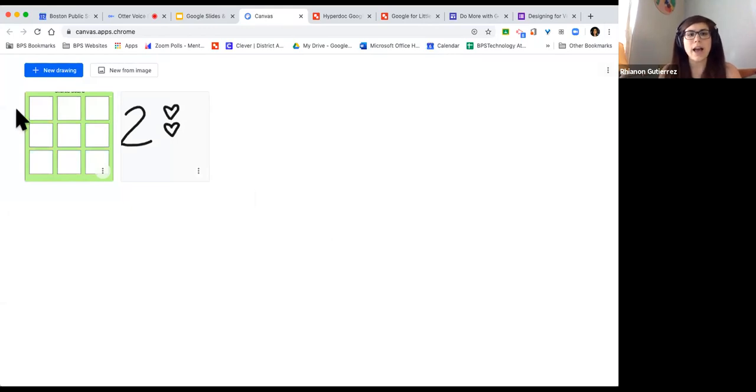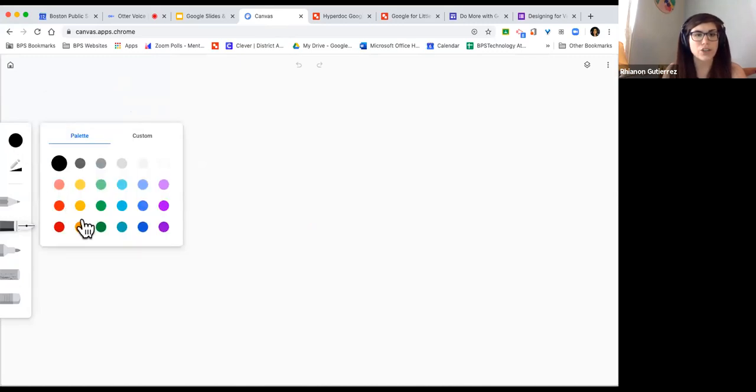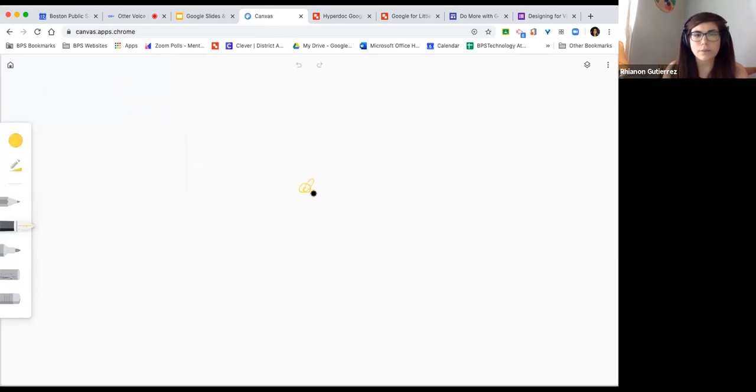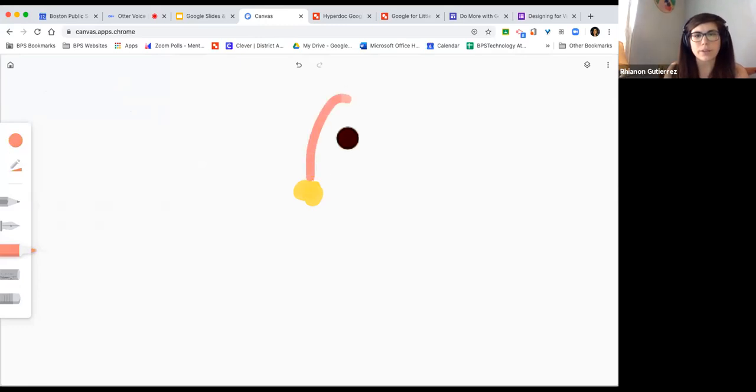All right, I have two that I've done before. I can go up to the top left corner where it says New Drawing and create a brand new one. What it does is it gives me a white canvas. And on the left side, you can see the various options. For example, I have here the color black. I can click that color and adjust. Let's make a flower. You can adjust what the pens look like on the side here and make it a marker if you feel like that's a better fit. There, that's nicer. Now I'm still making a flower. Let's play around with the different colors.